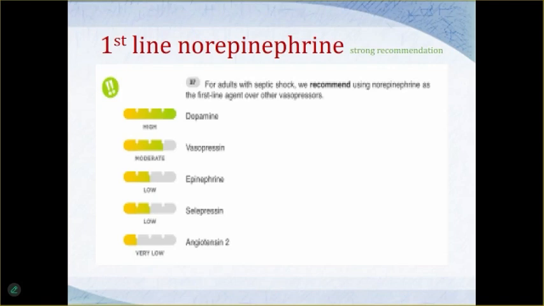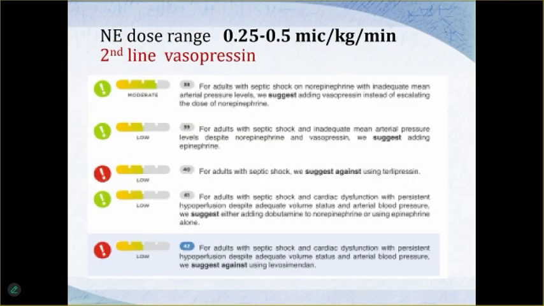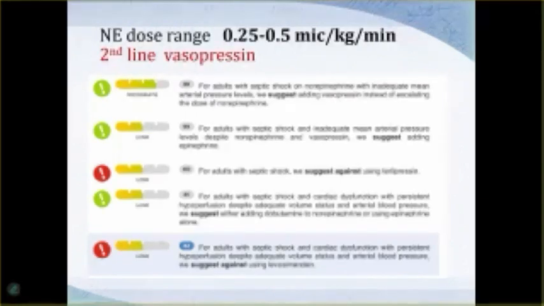So what are we going to do right now with this patient? The patient is on 0.25 to 0.5 micrograms of norepinephrine. According to the recommendations, vasopressin is the second line of vasopressor that we should start, and apparently it has moderate level of evidence with weak recommendation. What about adrenaline? Well, if the patient is not getting the targeted mean arterial pressure, which is 65, with noradrenaline